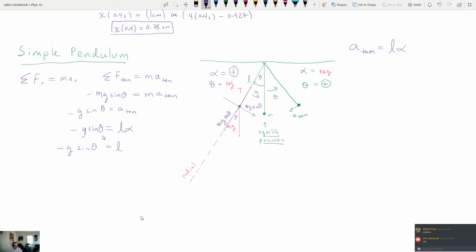Now, alpha and theta are related to each other, right? How is alpha related to theta? You need a derivative, right? Theta is the angular position. Alpha is the angular acceleration. So alpha is equal to the second derivative of theta with respect to t. Right? So if we put that into here, and then we do a little rearrangement here,